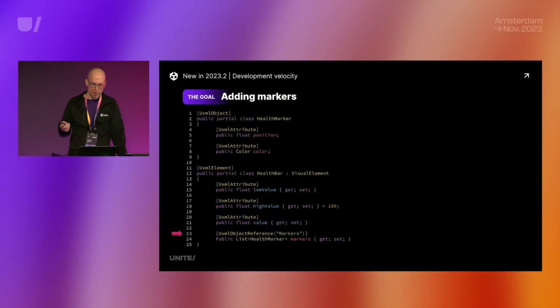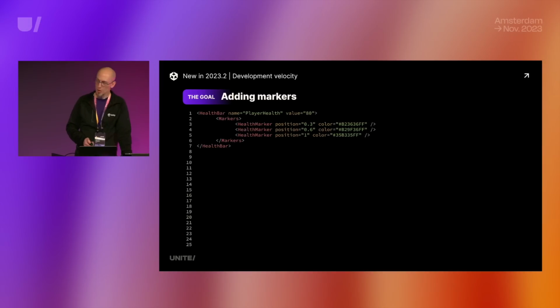Also noteworthy is that instead of using the UXML attribute now, when using UXML object fields, we introduce what's called a UXML object reference. This allows us to specify a name that will indicate that the UXML objects will be parented to an element with that same name. But it's optional. If you don't specify one, they will just be serialized at the root of the node. So that will generate that. So that's the UXML